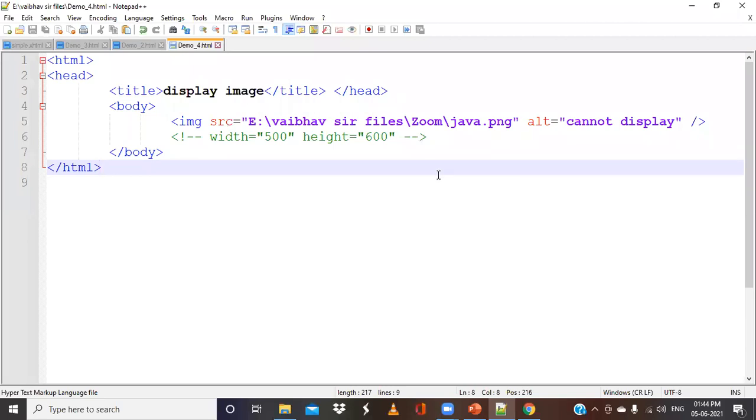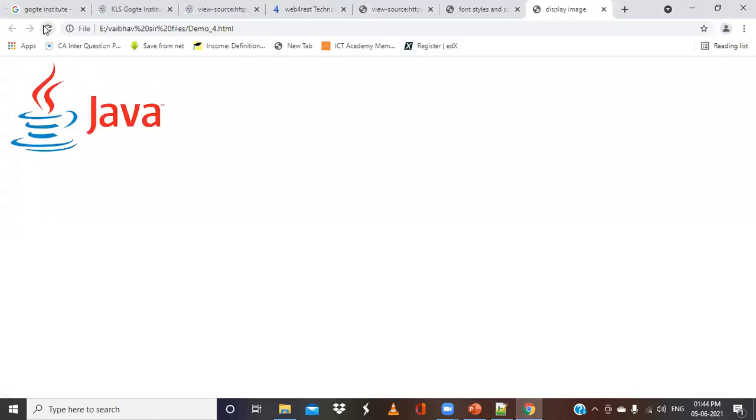Then you may ask, in the earlier case, why did you not use the entire full path? The only reason is that my HTML file and image file were both in the same directory, but now they are not in the same directory. So I need to give the entire full path and run the program. Now, if I run this program, it will work.